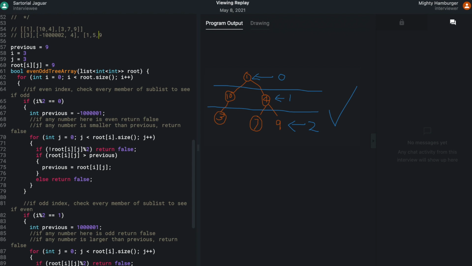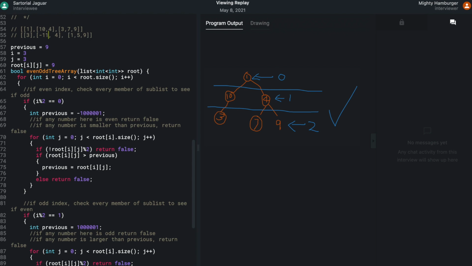I think the negative 1,000,002 would actually make your code get messed up. But I think as we defined earlier, you wouldn't get a number like that. So maybe just try putting in an odd number. Sorry, yeah, it's never going to be that. So I'm going to try negative 11 instead. Yeah, just try negative 11, because that was the bounds. That was the requirement that I based it off of.